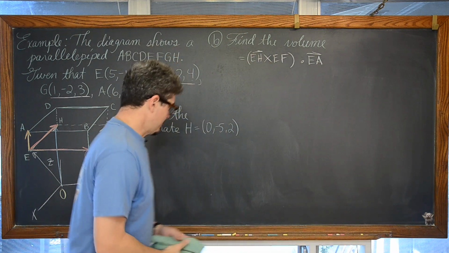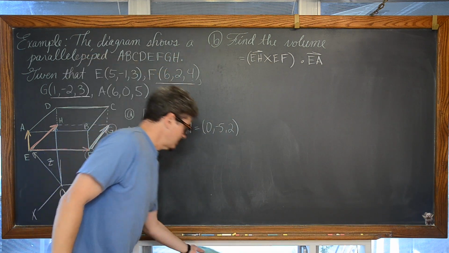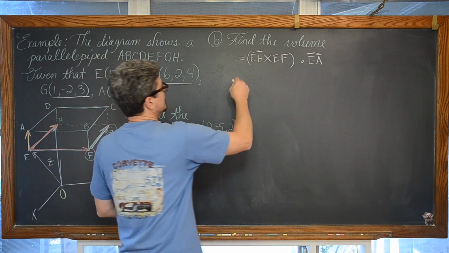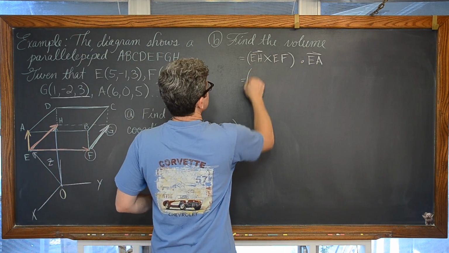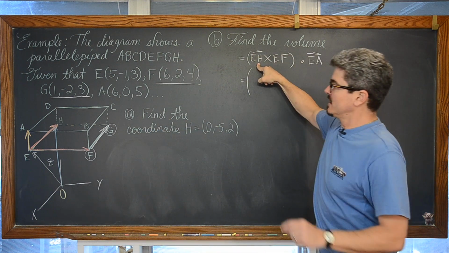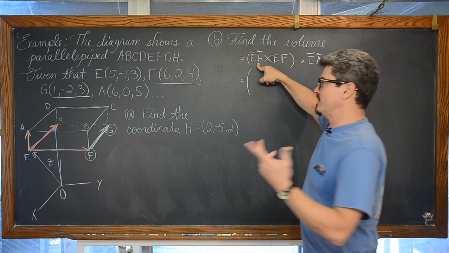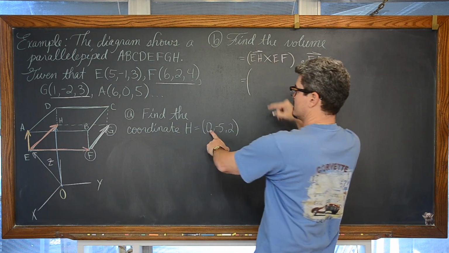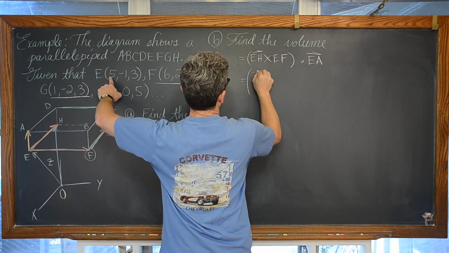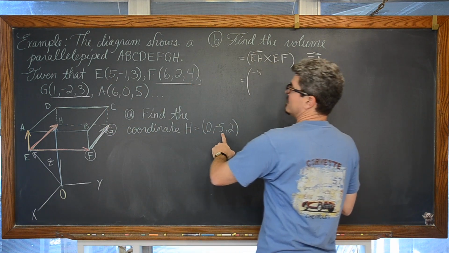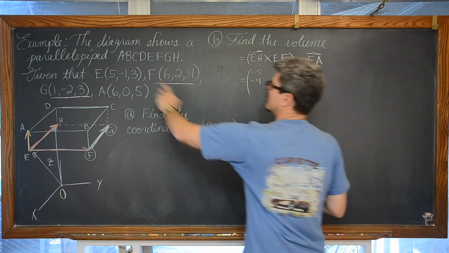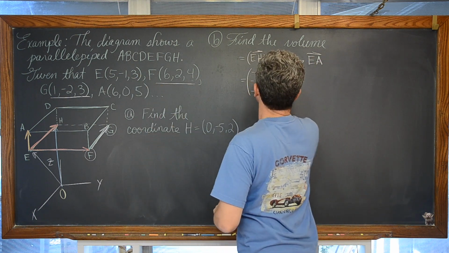You should probably just pause the video and see if you can't get the right answer. And I am going to review this process with you right now. So we're going to be doing the cross product of vector EH. Now, we have to figure that out. We know what H is, so it's going to be terminal minus initial. So 0 minus 5, negative 5 minus negative 1, which is going to be negative 4, 2 minus 3, which is negative 1,